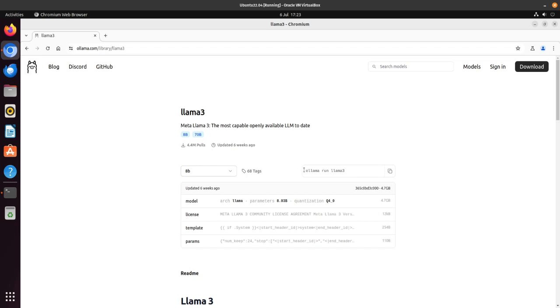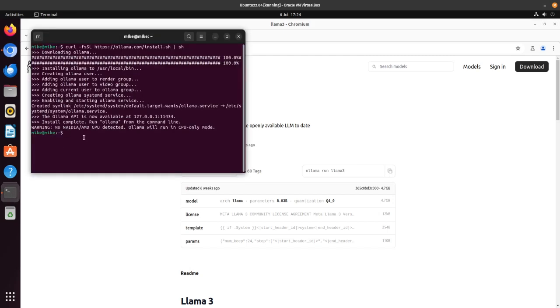There's a command over here called ollama run llama3. We're going to click on the square boxes to copy it. We're going to head back over to our terminal, and all you're going to do is click paste. Now, because we've got the Ollama framework installed, when we run ollama run llama3,